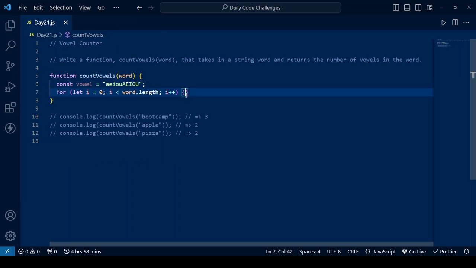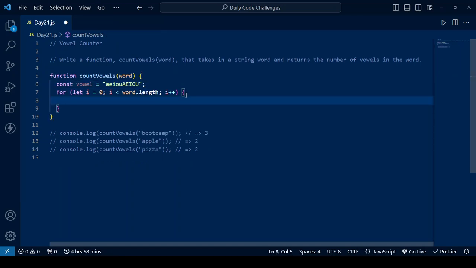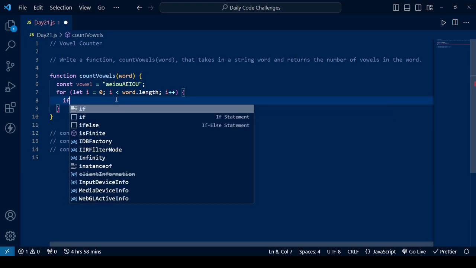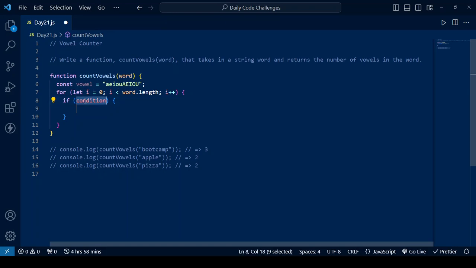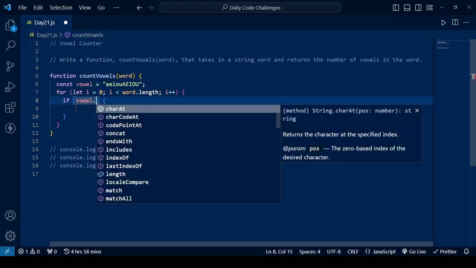Let's save this. All right, so the next thing we want to do is count the vowels we have. So we are going to write a condition at first. What would the condition be? We want to check if any of these characters in this argument is found in vowel, right? So we say if vowel.indexOf,